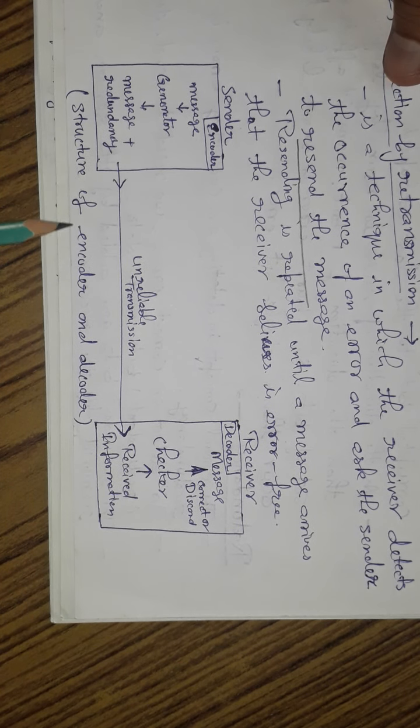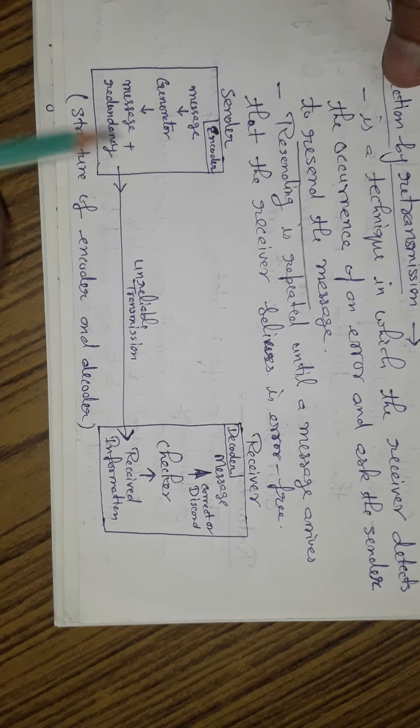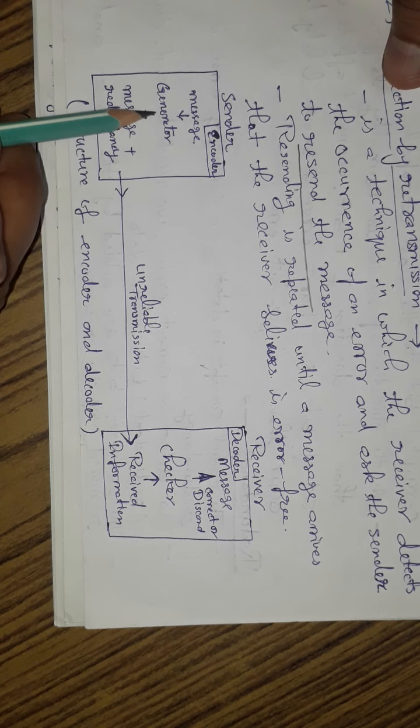So this is the structure of encoder and decoder. This is the sender, this is the receiver. Here the message, with the help of the generator,